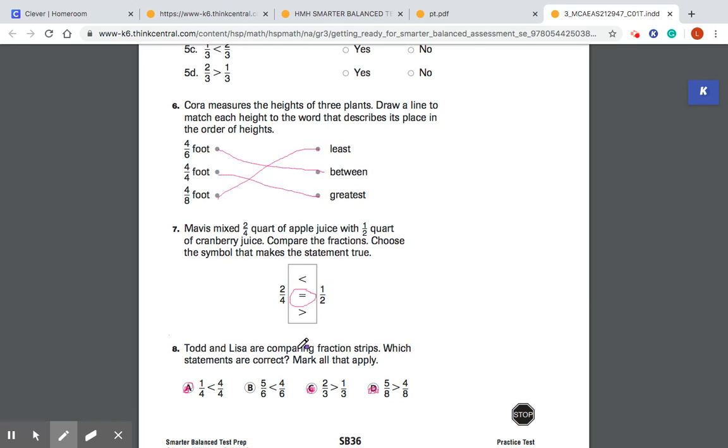Number 8, Todd and Lisa are comparing fraction strips. Which statements are correct? I noticed that the denominators are all the same, so it means which number is greater as the numerator. And so I can see this one's